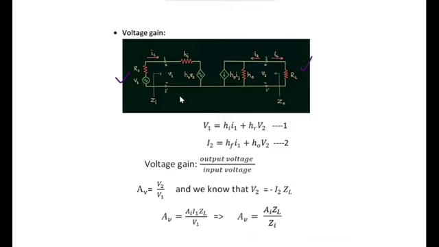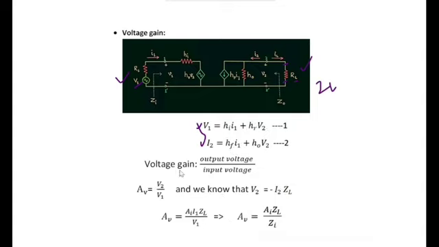So if we observe this circuit, this is the H parameter model of a BJT, and this is Vs, the voltage source from which we are applying the voltage, and this is RL, the load resistor. For the AC circuit it offers impedance, which is denoted with Z. So we are taking this RL as ZL, and we know that from these two equations we can define this circuit. With the use of these equations, we will go for the next ones.